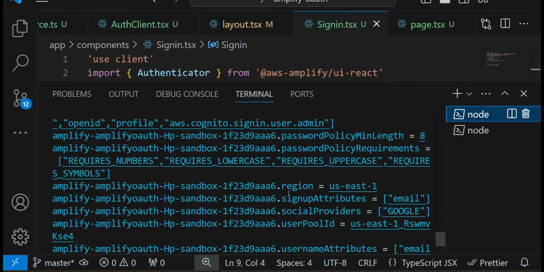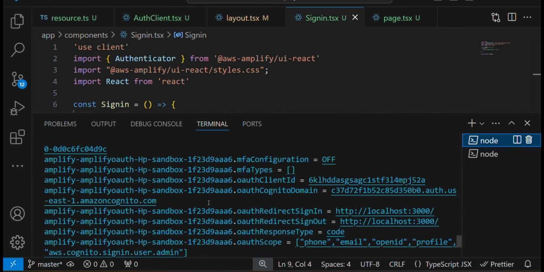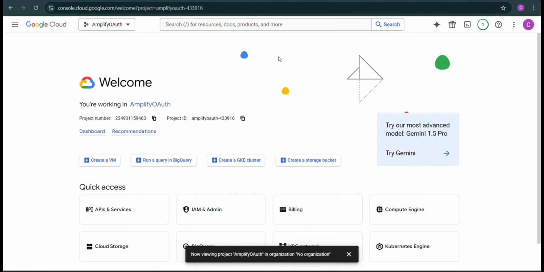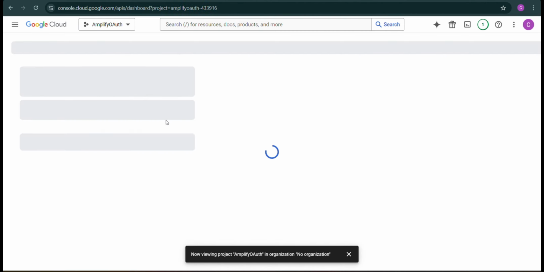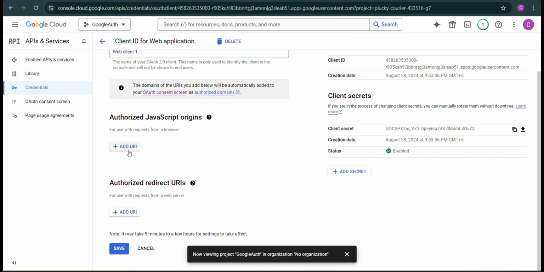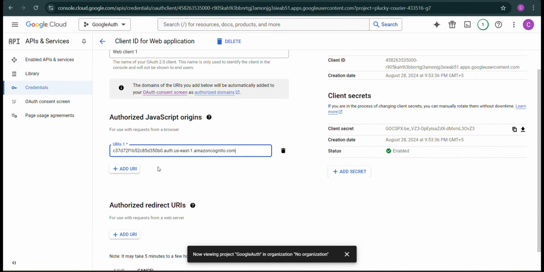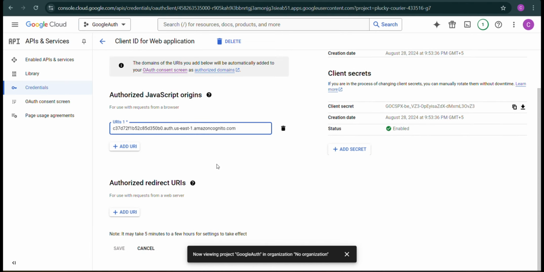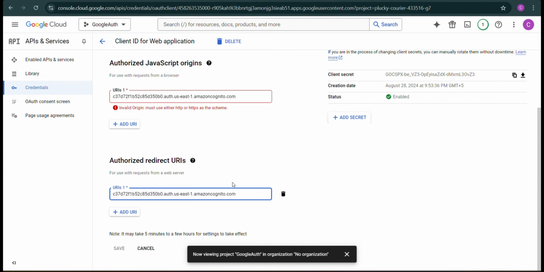you can see we get a couple of properties there. Now you can see we have auth Cognito domain. That domain we need to enter in the credential screen. So let's copy this property from here and open up the Google Cloud project here and select APIs and services. Inside this dashboard here, you can see we left these properties empty, so we need to add these, and let's paste the domain, and below that we need to add another